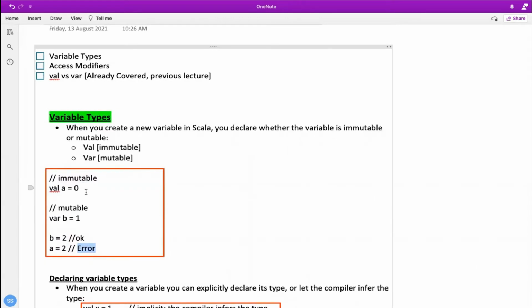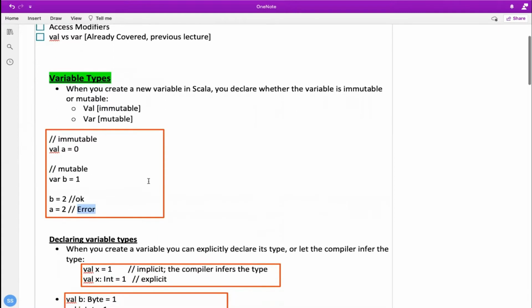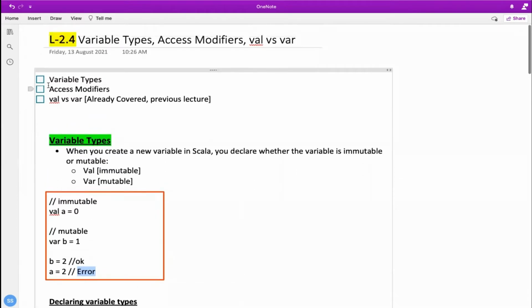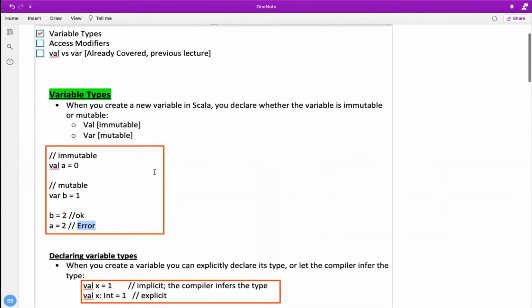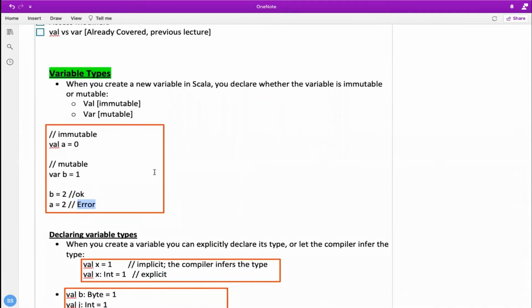We have different data types that we have already covered in our previous lecture, like integer, float, double, long, and so many others. We have covered around 8 data types and reference data types as well. You may go through those lectures and see. This is very simple. Variable types are of two types. So whenever such a question comes in the exam, you can write about what is mutable and what is immutable when it comes to variable types.